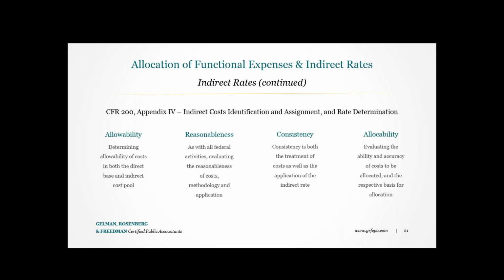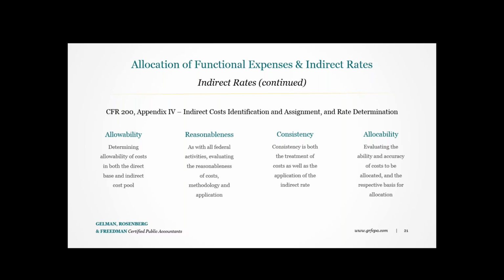There are four basic concepts related to the identification and assignment of costs for the purpose of rate determination: allowability, reasonableness, consistency, and allocability. Allowability refers to the total cost of administering a federal award, and that has to do with the sum of the allowable direct and indirect costs. And to be allowable, it should be necessary and reasonable for the proper and efficient operation of the program,